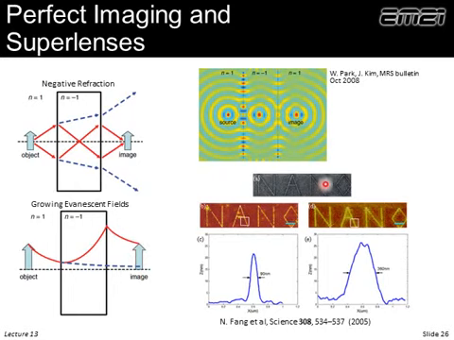And so, in fact, that was done. And the group referenced at the bottom here, they formed the word nano at a very small scale, and they imaged it twice. Once through a conventional imaging system, and these lines, these small lines, came through blurred. Well, imaging this through something with a negative refractive index, these lines were much narrower. So they were resolved much more sharply. So in fact, that really did confirm that, yeah, in a negative index material, these evanescent waves are growing. We can recover them, assuming there's enough power in them to be recovered, and we can do this perfect type of imaging.